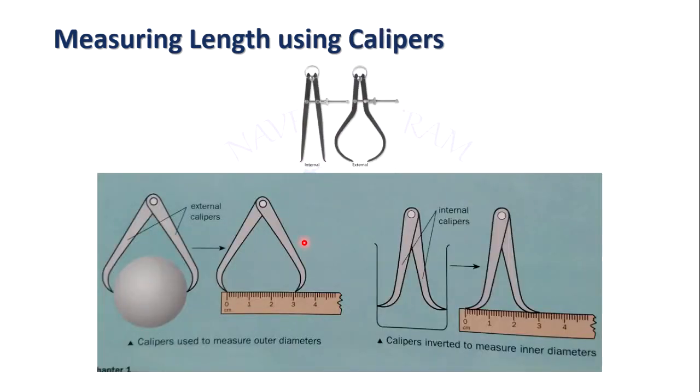Then we have the calipers. There are two types of calipers, external calipers and internal calipers. जो एक्सटर्नल कैलिपर्स हैं वो आउटर डायमीटर्स को मेजर करने के लिए यूज होते हैं, और जो इंटरनल कैलिपर्स हैं दे आर यूज्ड टू मेजर द इनर डायमीटर्स। इसमें भी आपने मेजरमेंट जो लेनी होती है वो मीटर रूल से लेनी होती है। तो वो सारी प्रिकॉशंस जो आपने मीटर रूल से मेजरमेंट लेते हुए लेनी है उनका इधर भी ख्याल रखना है।